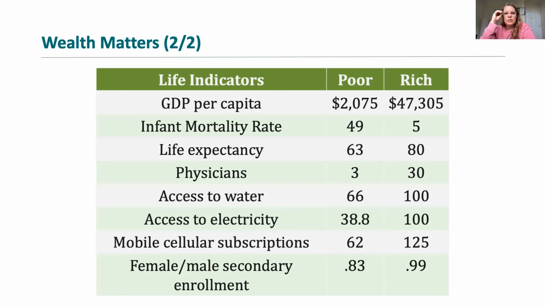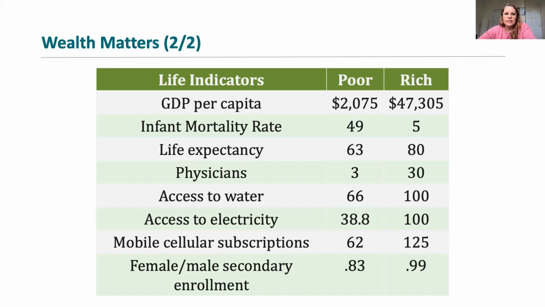So in that original table, the countries that are averaged to be the poor nation column are countries like Bangladesh, Haiti, North Korea, Niger, Liberia, Tanzania, Nepal, Ethiopia, and Zimbabwe. The wealthy nations that I've averaged here into this table include Australia, Denmark, Israel, Japan, Germany, South Korea, and the United States. So let's look at just these first couple of indicators.